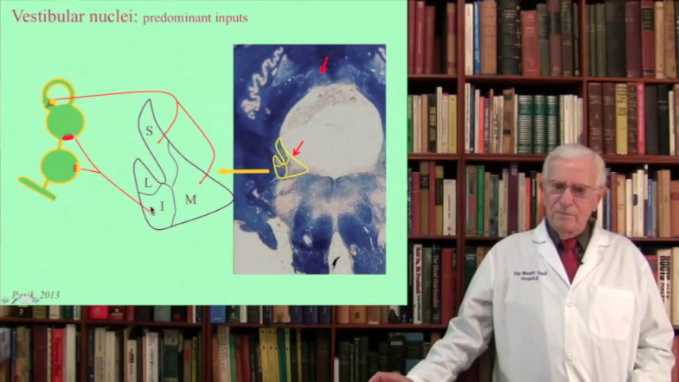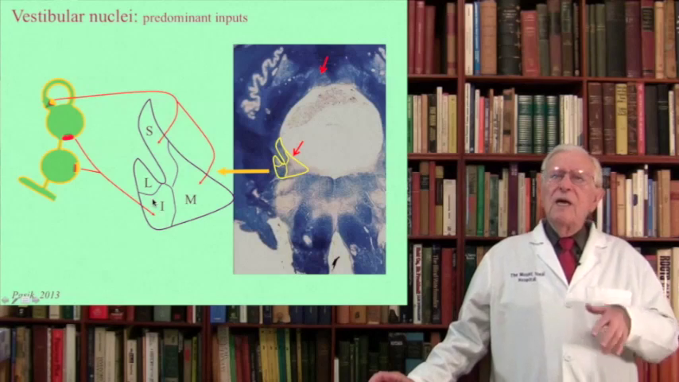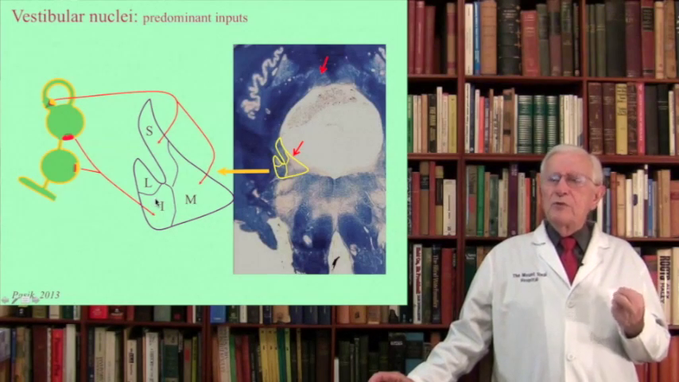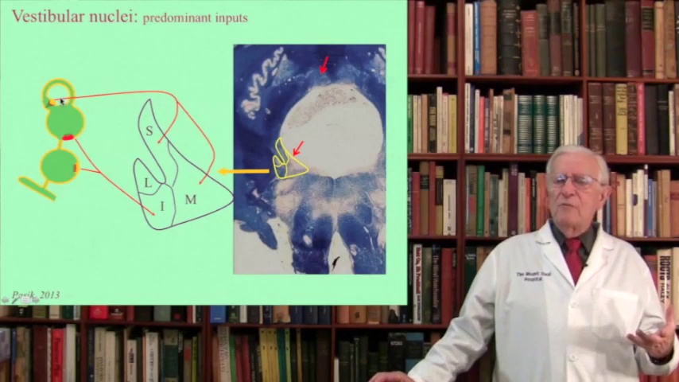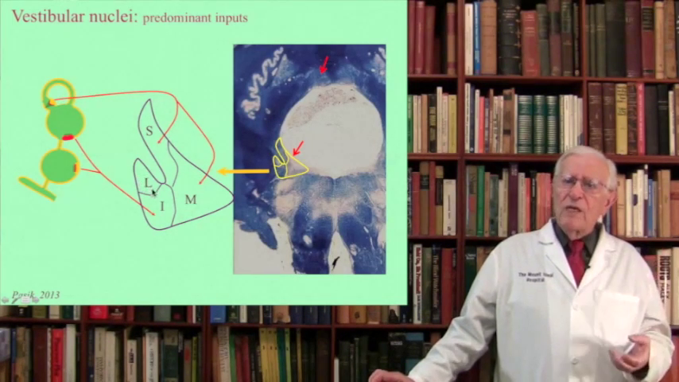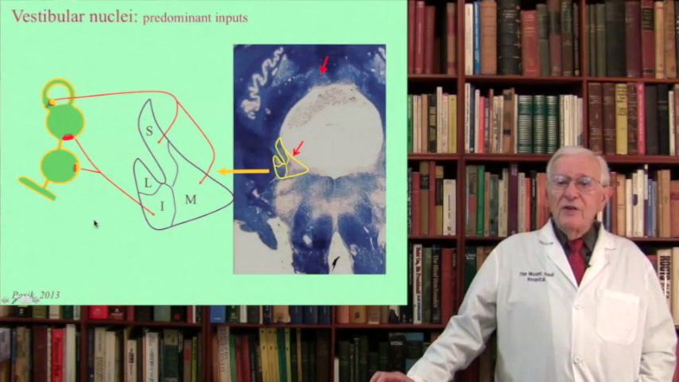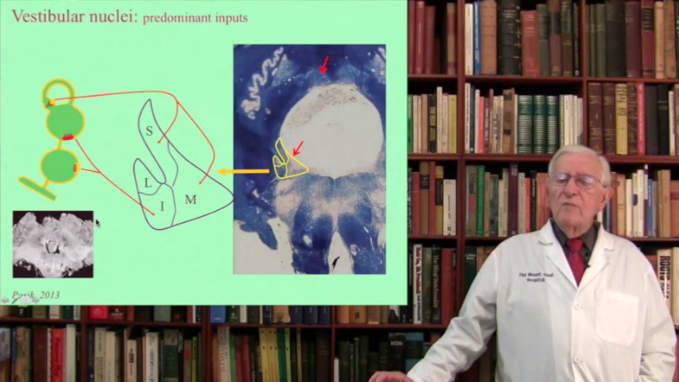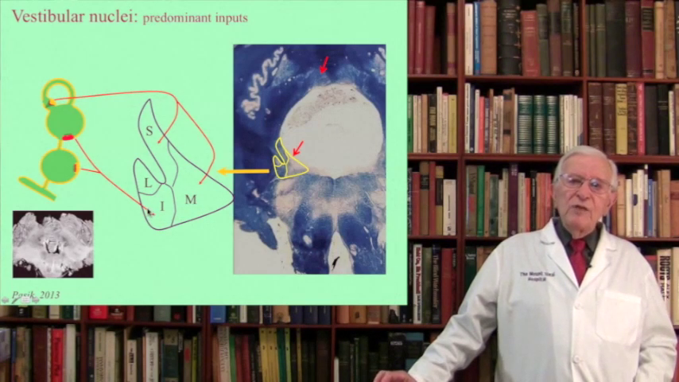Everything that I'm saying is not precise, it's not 100%. I'm talking about predominant inputs. And indeed, the predominant inputs to superior and medial are coming from semicircular canals, and the predominant input to the inferior is coming from the otolithic organ. In addition to that, you have an input from the cerebellum to the vestibular nuclei, and we discussed already in